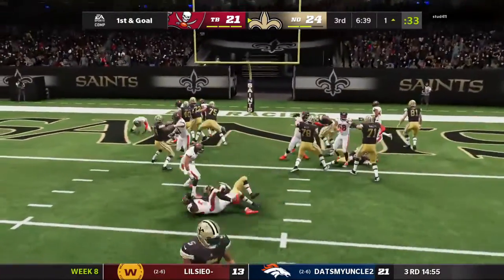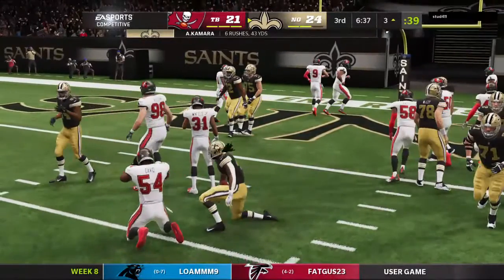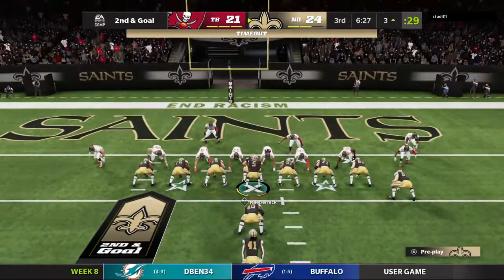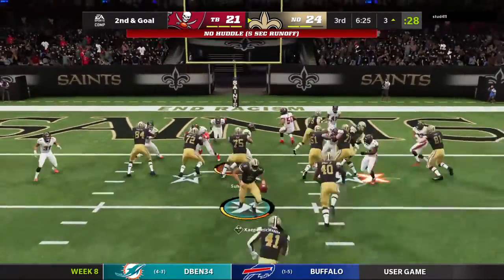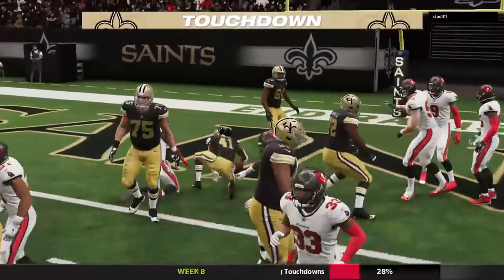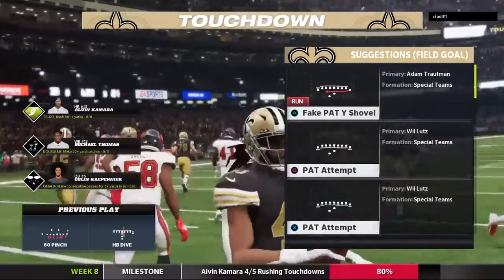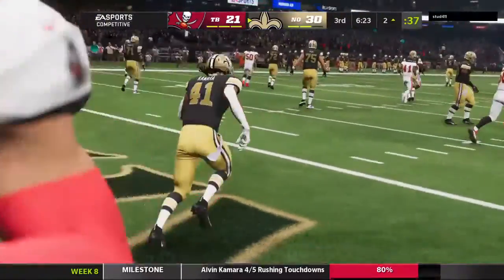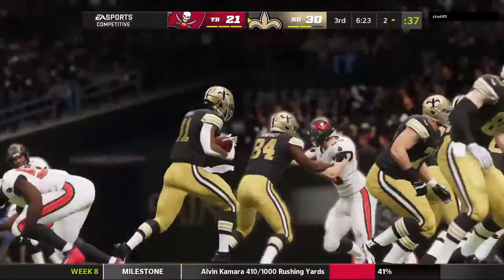They'll run it with Kamara. And this will result in him losing yardage back to the 3. It's a loss of 2 there, bringing up 2nd down. Again, Kamara. And he is into the end zone. Touchdown, New Orleans. Alvin Kamara with his 2nd touchdown of the game, number 8 on the season. And the Saints take...